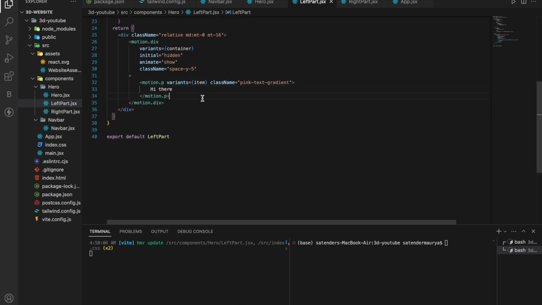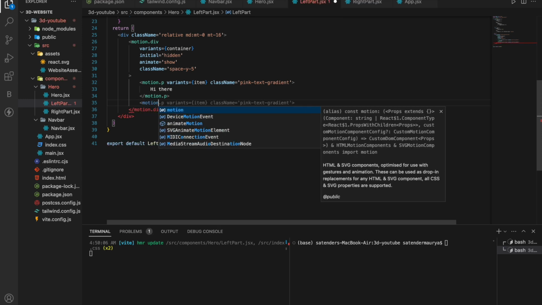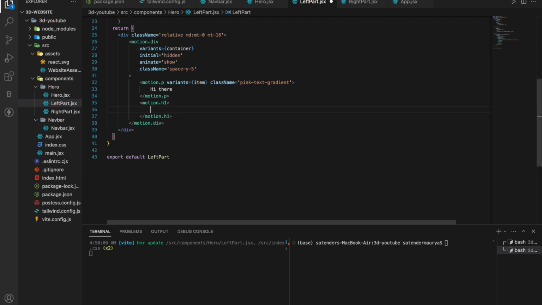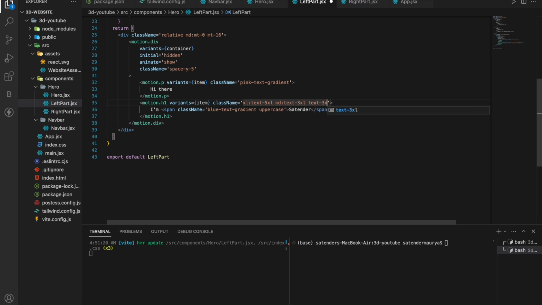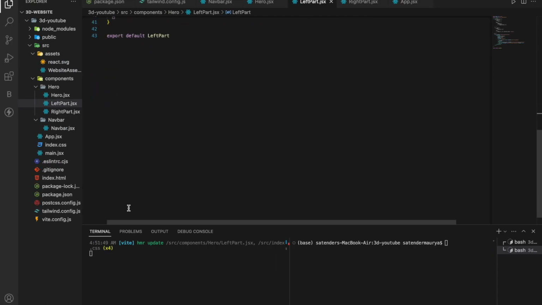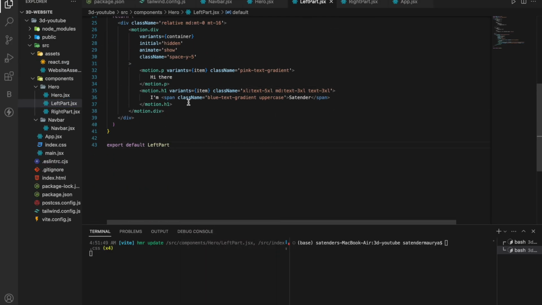So next, below this motion.p we'll have another motion.h1, and in motion.h1 we'll have our variants equal to item, and then class name equal to xl text 5xl, md text 3xl, and text 3xl. Similarly, below this motion.h1,